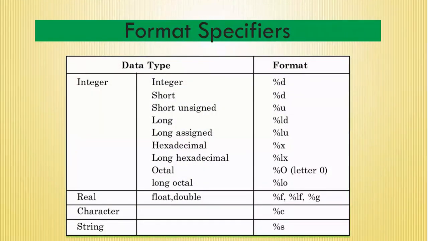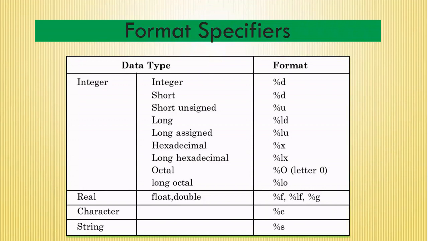Here in the slide there are various format specifiers shown. The data items entered from the keyboard must correspond to the arguments in the scanf function in number, in type and in order. The scanf function reads and converts characters from the standard input according to the specified format, that is the format specifier string, and stores the input in the memory location represented by the list of variables.